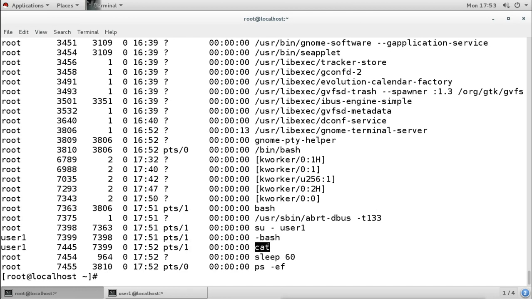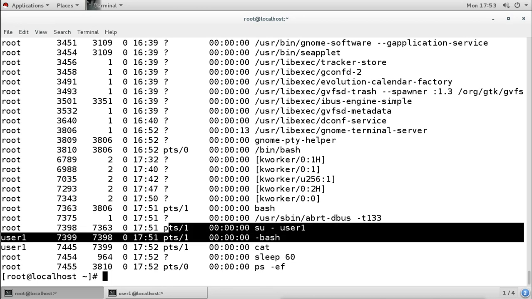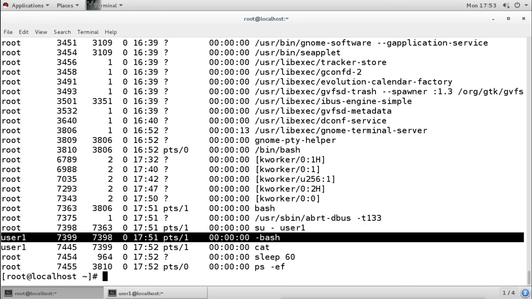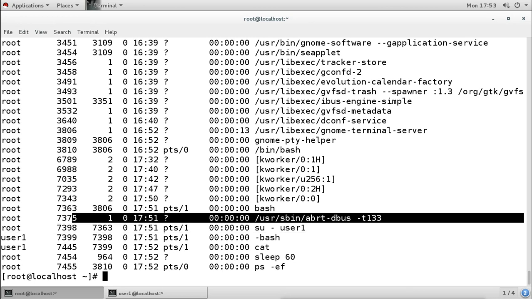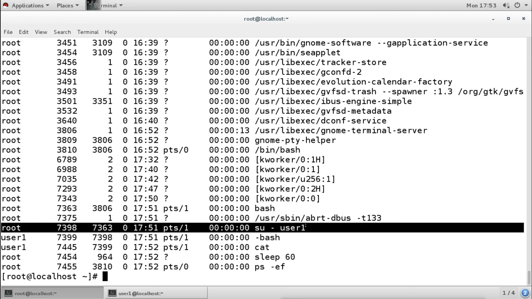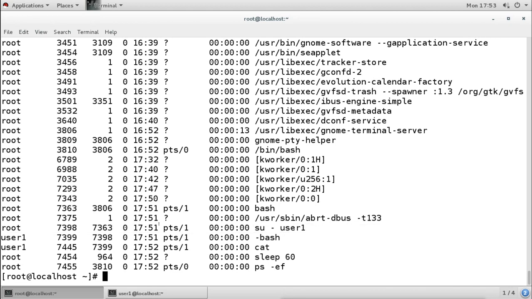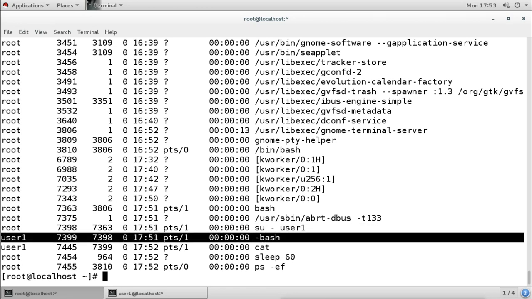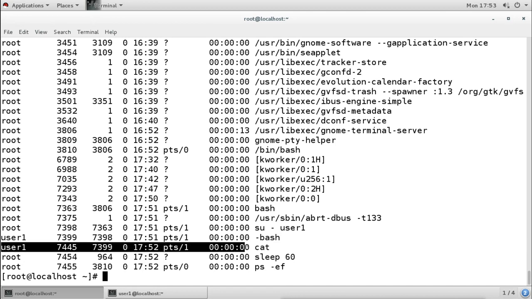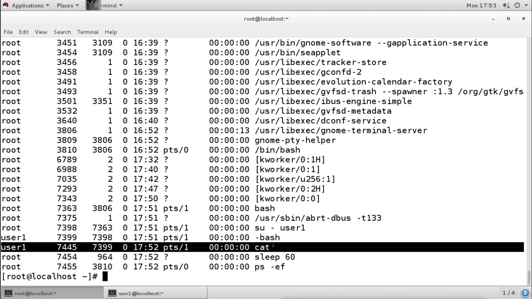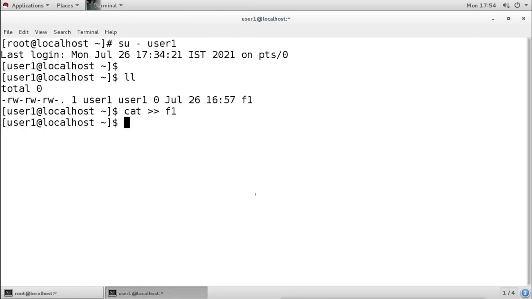So when the user logs in, it gets the bash, and you can see here it is by user 1. Root user has run the command to switch the user on this terminal, sudo terminal 1, then after switching, the user gets the bash, and then the user runs this cat command.